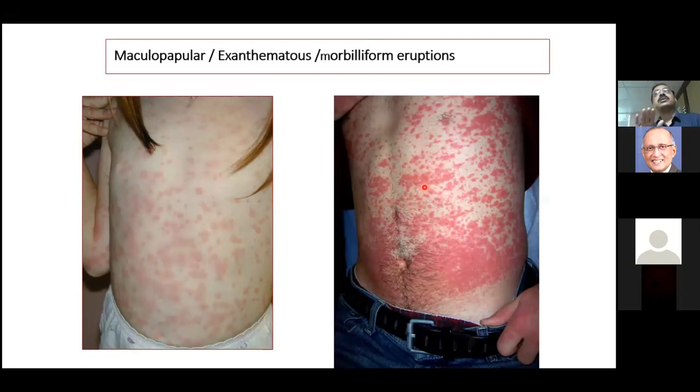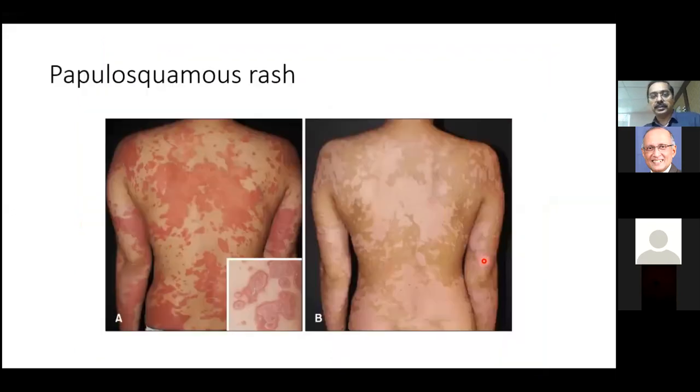A papulosquamous lesion, on the other hand, will be slightly roughened because it has scales. So it will be slightly elevated, and they may all join up to form larger patches of these rashes. A maculopapular rash starts off just as an erythema, and the dermal erythema is because of blood vessel dilatation, and that dilatation swells up the epidermis, and then the epidermis becomes elevated, and that is how we get a papule. That is because of the upper dermal inflammation which is occurring.